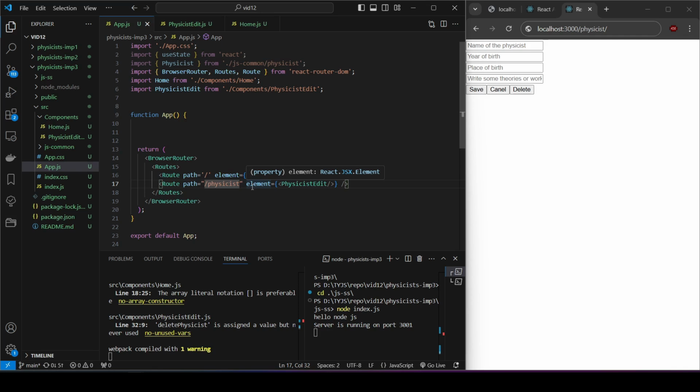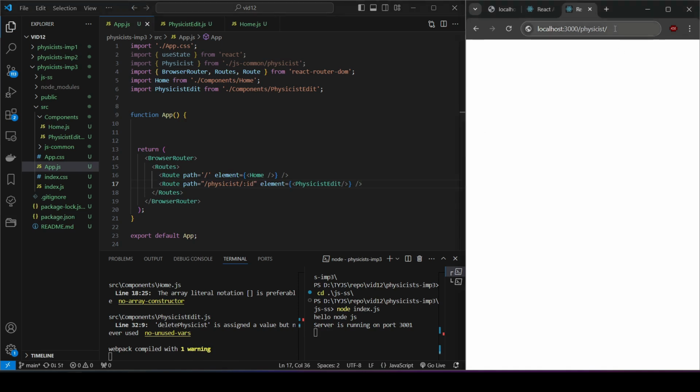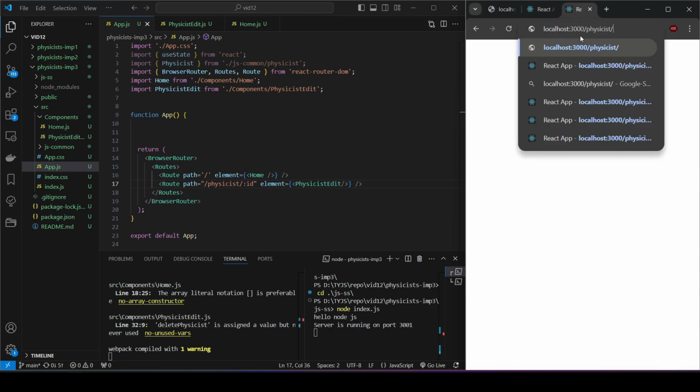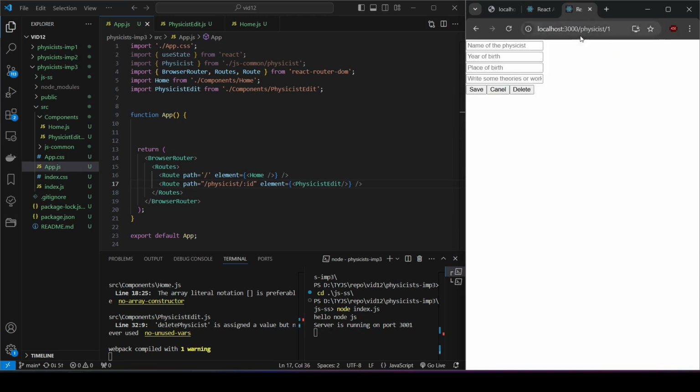And for that, we also use this / and then a colon, and then the name of the parameter. Let's say we want to pass an ID here, and let me save. Now you can see here we are not getting anything because we need to have an ID here. So if I put 1, for example, and click enter, so we got routed to the correct component, which is